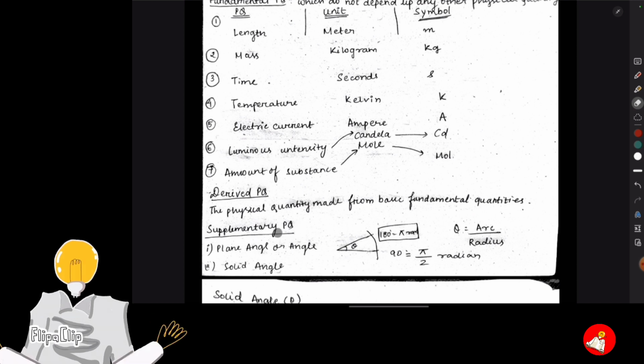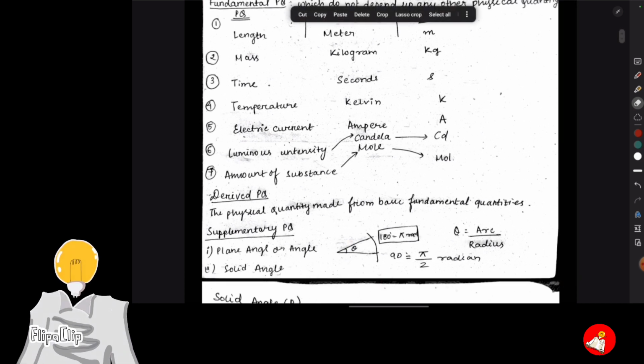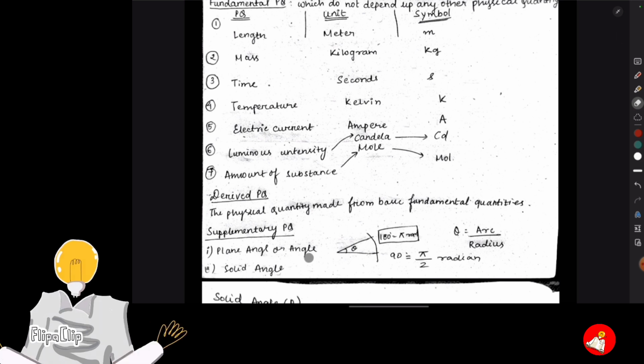Supplementary physical quantities, this is the third type. It doesn't have any explanation at all. Physical quantities are called supplementary when they are not derived, or not made, they are just given, such as plane angle or an angle. Angle doesn't have any unit, so angle can be written as 180 degrees equal to pi. Here radian is the unit for angle, and solid angle